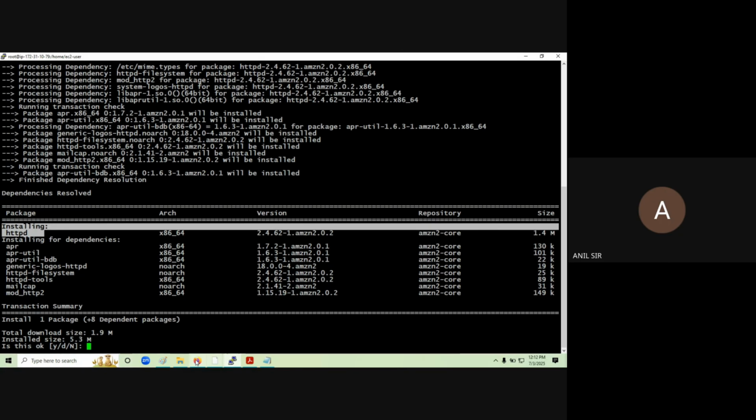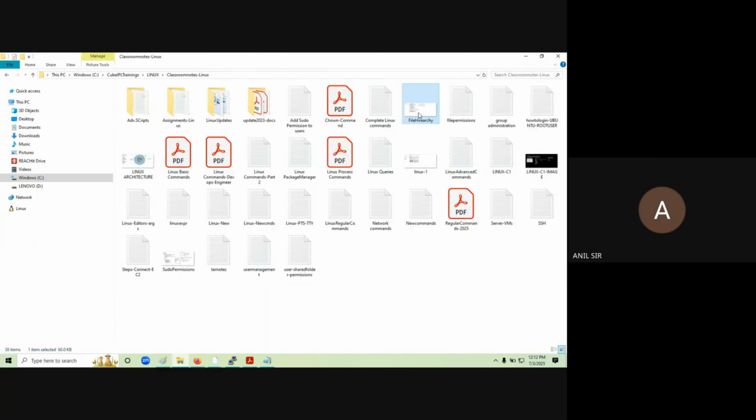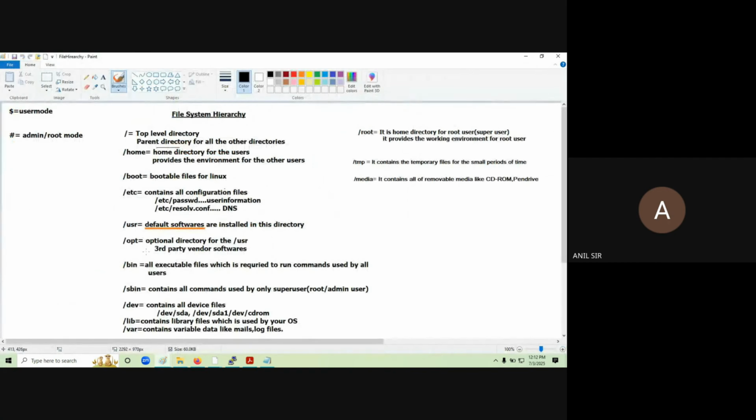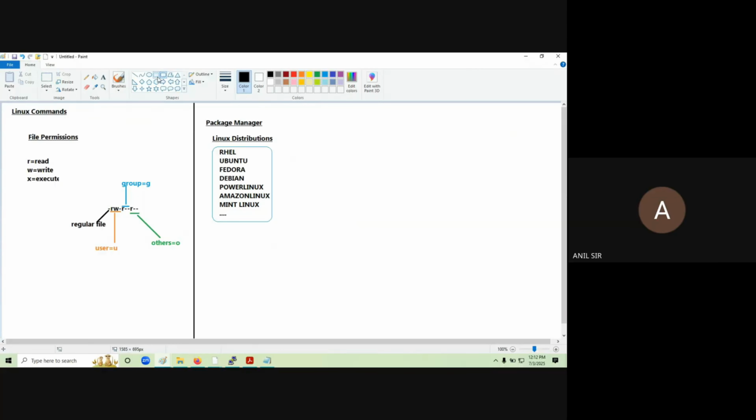So meeku file hierarchy lo cheppanandi. If you remember, in the file hierarchy, I told you the default softwares which are available in your operating system are under this USR, default softwares which are installed in it. Okay, so what it will do is, suppose now